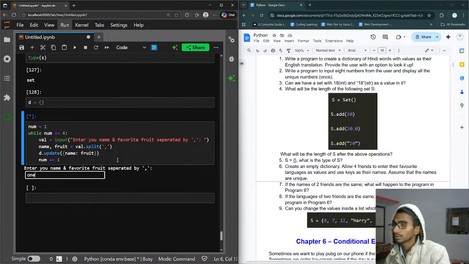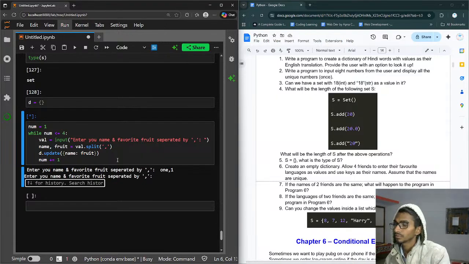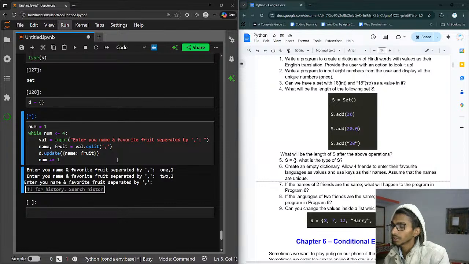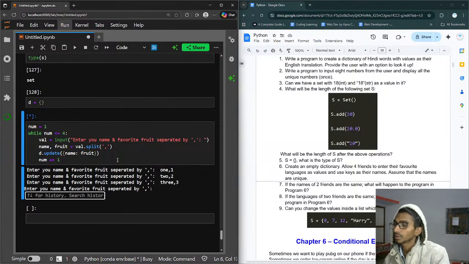1 and 1, 2 and 2. Well, this is crazy. I should actually enter the name and fruit, but okay. I just want to check whether it works or not. 3, 3, 4, 4,